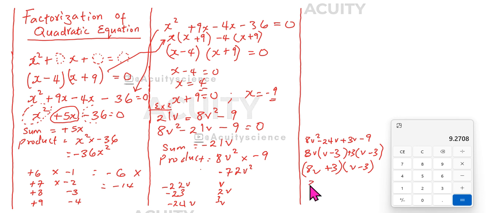I can go on to equate each of them. Minus 3 was supposed to be an equal sign. It's supposed to be plus 3 equals 0. So 8v equals minus 3, one of the possible values. Then for this other one, v will be equal to 3. These are the two possible values. Minus 3/8 actually. So these are the two possible values for v. Alright? But these